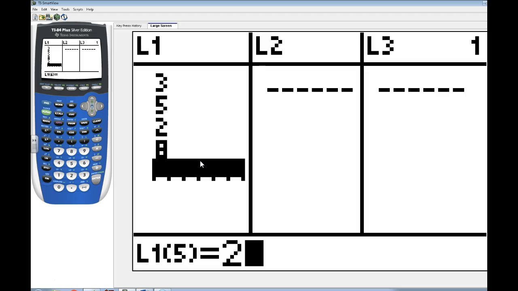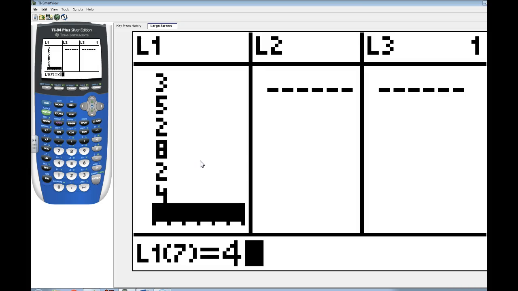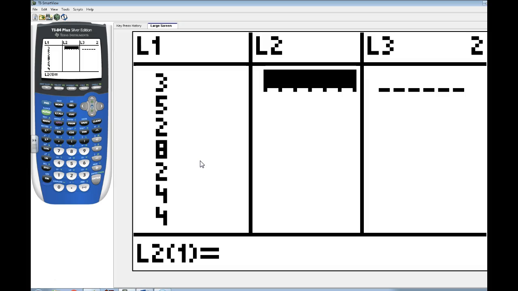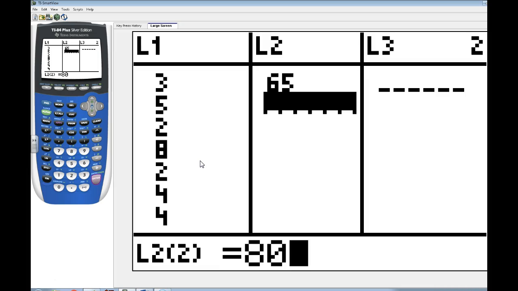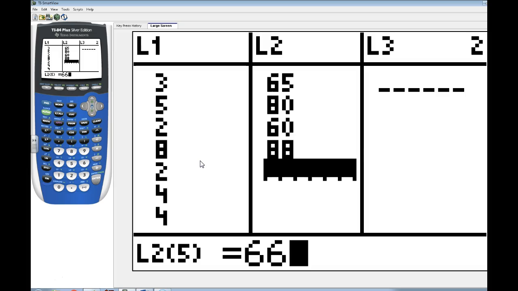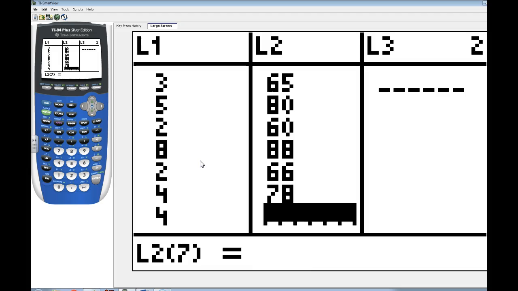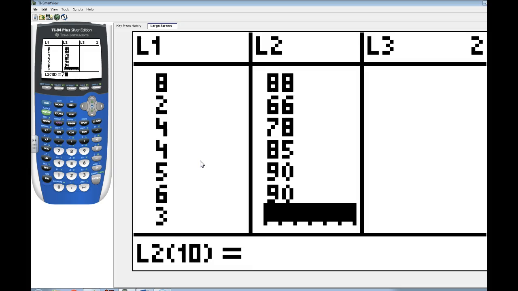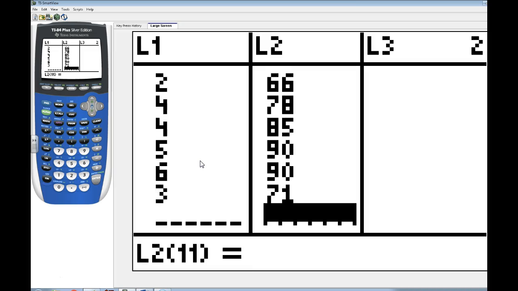Enter. 2. Enter. 4. Enter. 4. Enter. 5. Enter. 6. Enter. 3. Enter. So there are my 10 values for list 1. I hit my right arrow button to go over to list 2. Now I'll put in the list 2 values. 65, 80, 60, 88, 66, 78, 85, 90, 90, 71. And there I have my 10 values